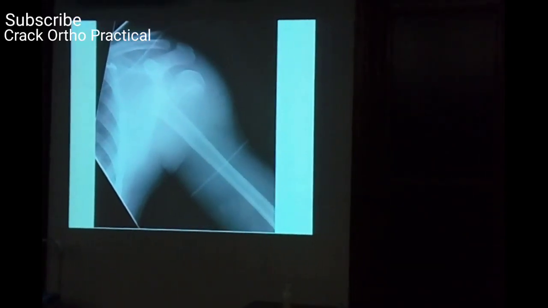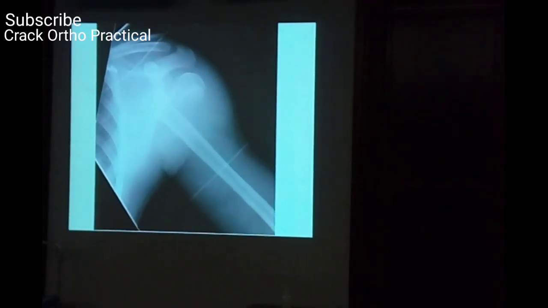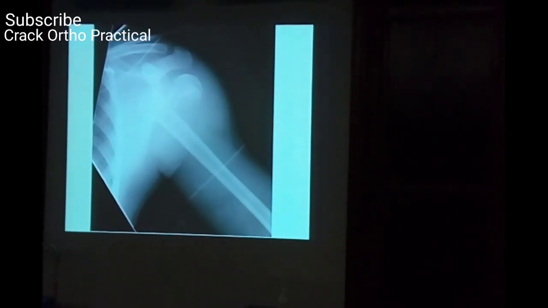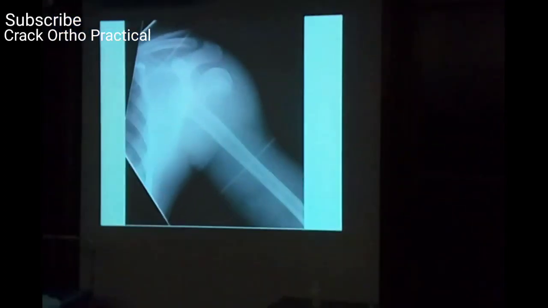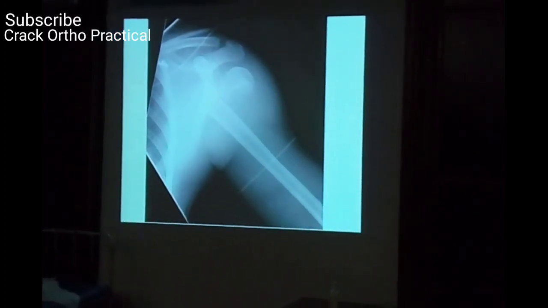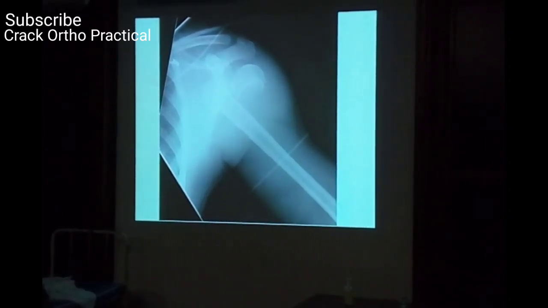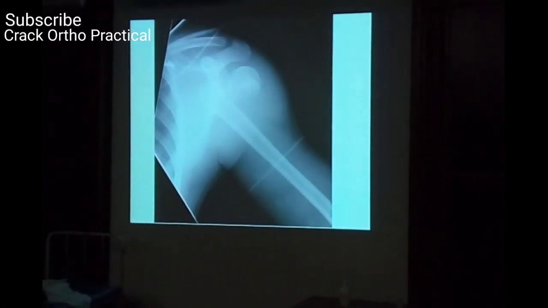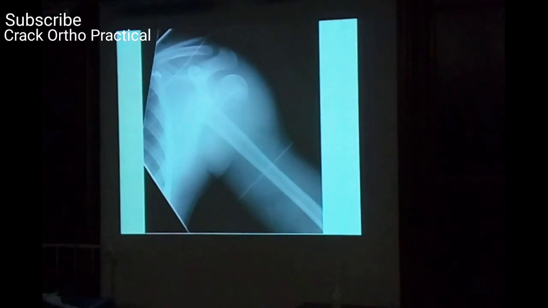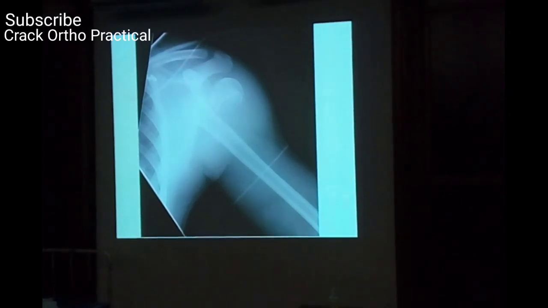Shoulder joint, AP view in a skeletally immature patient showing the lateral part of the scapula, part of the clavicle and upper part of the humerus. Tell what is the pathology? This is a fracture dislocation of the upper part of the humerus. Dislocation? Epiphyseal fracture. Physeal separation of the upper part of the humerus. Which is classified as